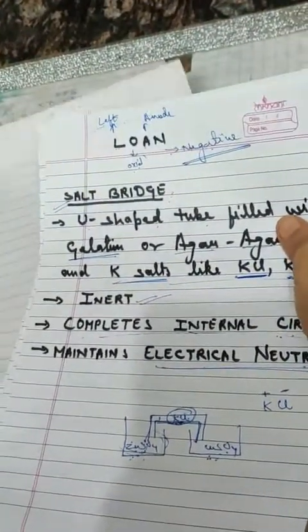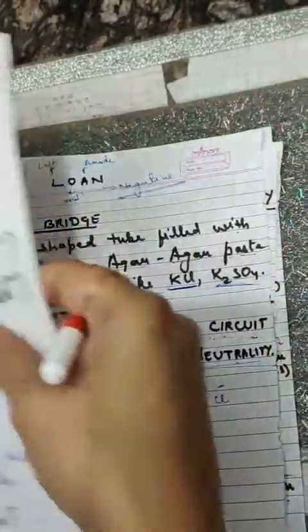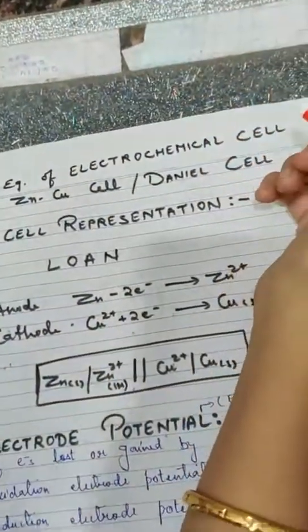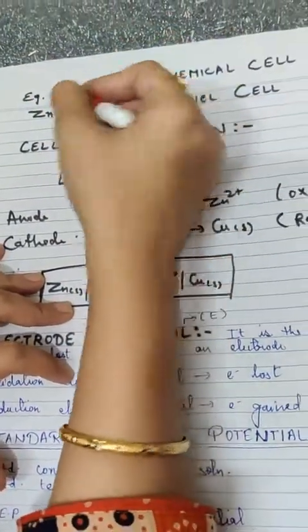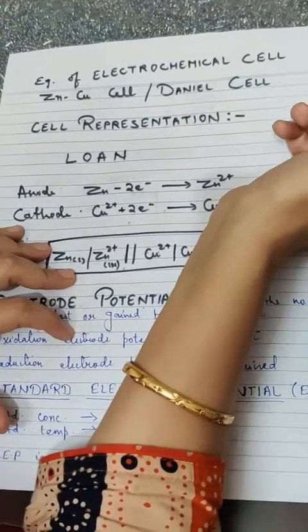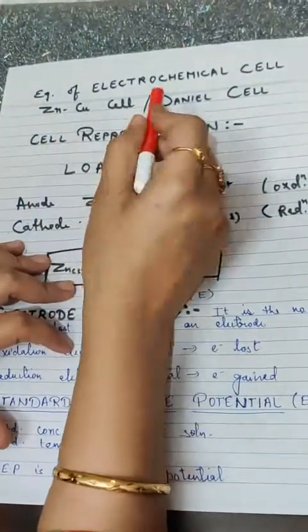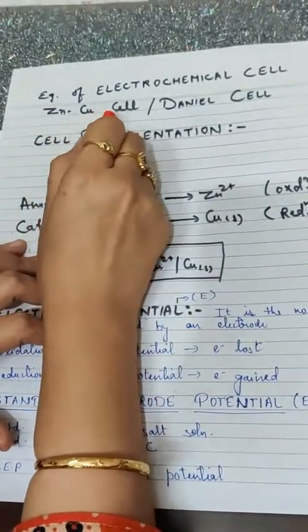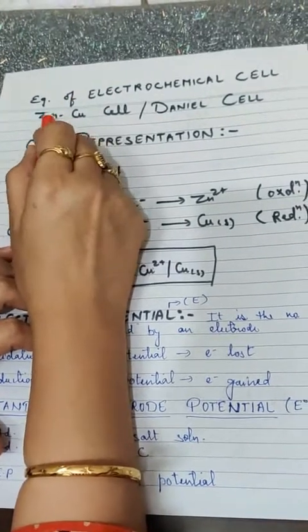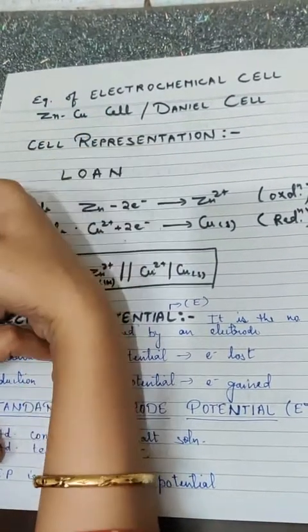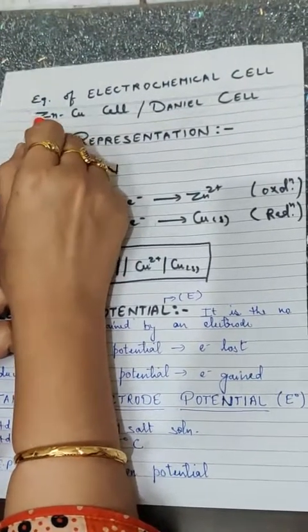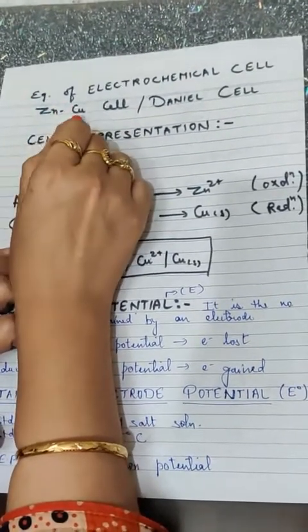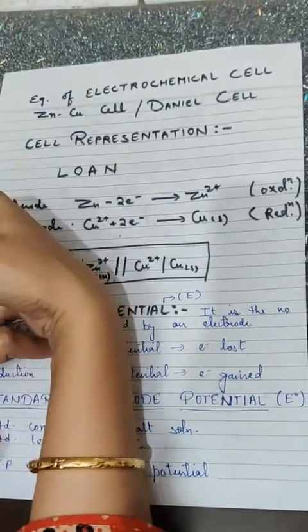Now in today's lecture, I am going to proceed further with the electrochemical cell only. The cell that I took as an example of an electrochemical cell in my last lecture was the Daniell cell, or zinc copper cell. So we saw the construction of the zinc copper cell in the last lecture. We saw zinc behaved as anode there and copper behaved as cathode there.